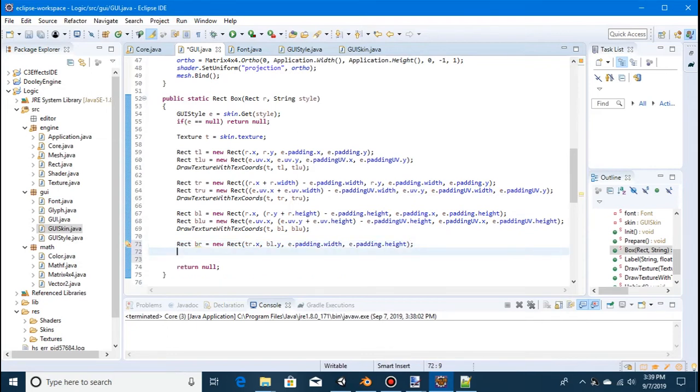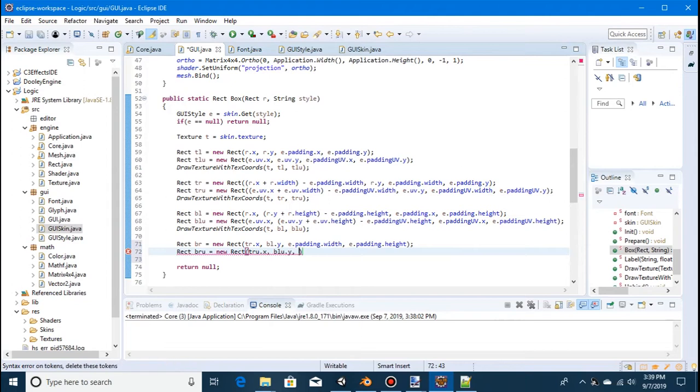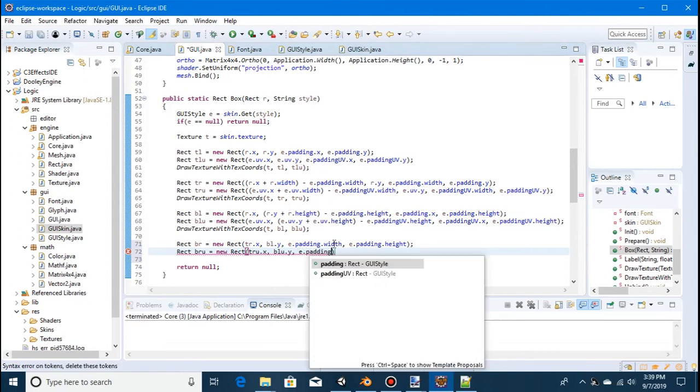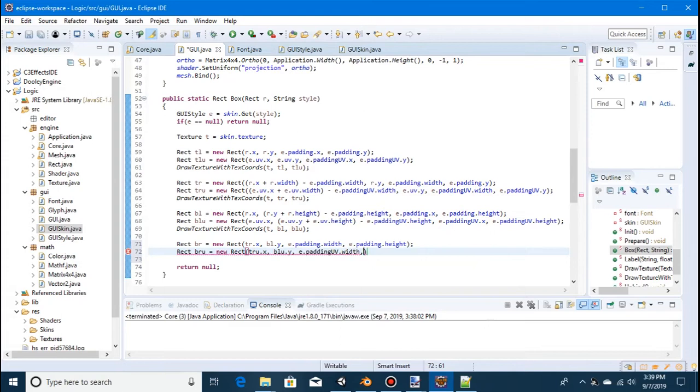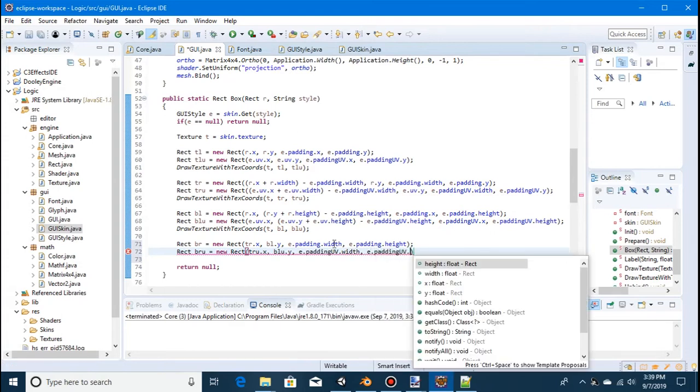So bam, reused two of them. So rect BRU equals new rect TRU dot X, BLU dot Y, and E dot padding UV dot width, and E dot padding UV dot,